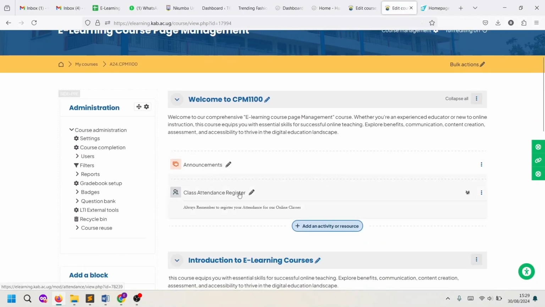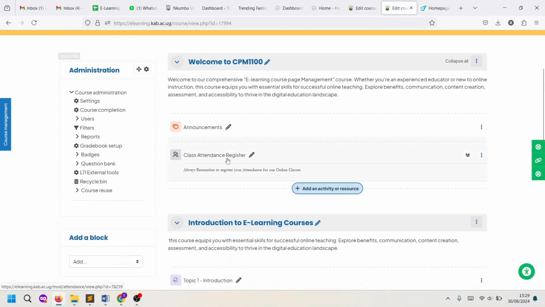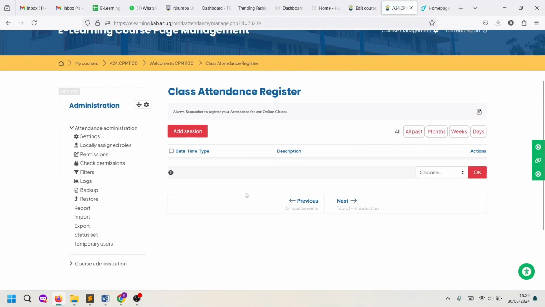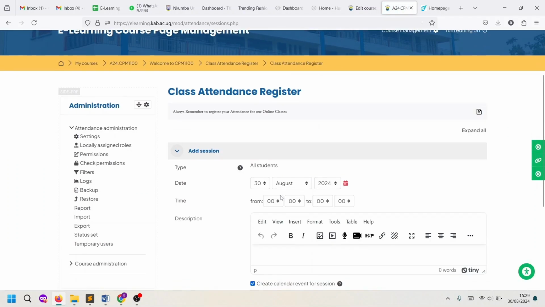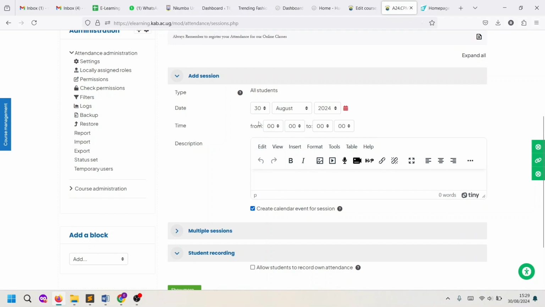So once the register is saved, you can now go ahead and add the different classes or the different times you meet with the students by clicking on the class attendance register. So here I have clicked. I know I'm going to be at a certain hour. I add a session. So when I click on add session, I decide okay, from say